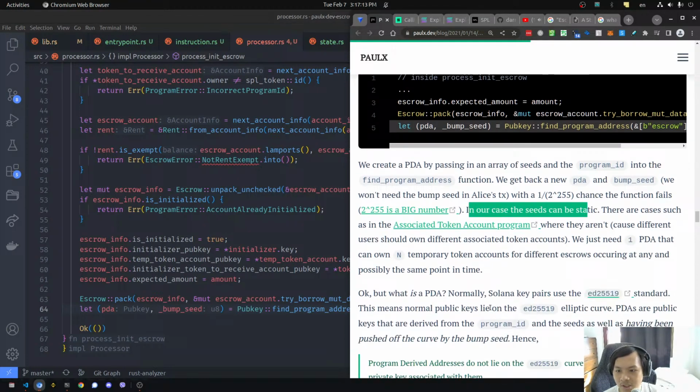Okay, but what is a PDA? Normally, Solana key pairs use the ED25519 standard. I haven't read this yet. This means normal public keys lie on the ED25519 elliptic curve. Elliptic curve, as I understand it, it uses ellipses. So the reason why ellipses are useful for cryptography is because ellipses are defined to be,